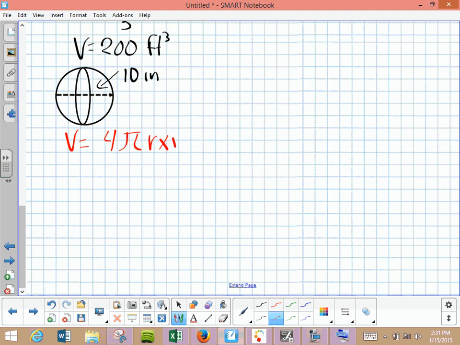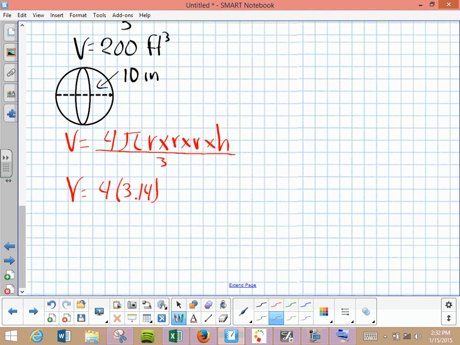I'm going to put R times R times R times H. I'm putting it 3 times to remind you that it's not R times 3. It's R times R times R. And I know a lot of you have trouble with that one. And it's all divided by 3. So I'm going to fill it in. 4, yes. That's the whole formula. I have not added anything. That's the formula. Now the value would be 4 times